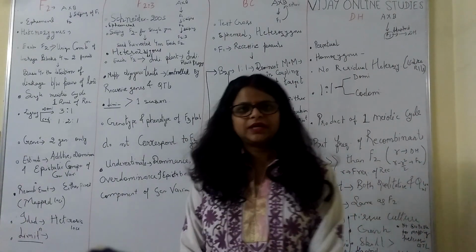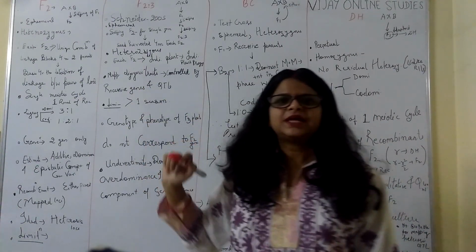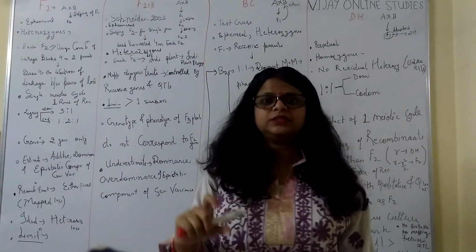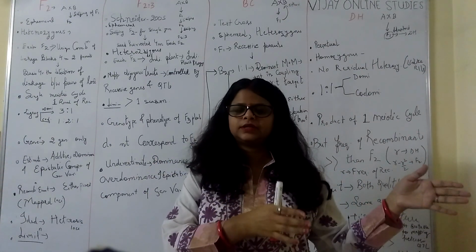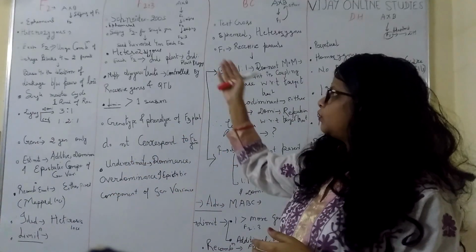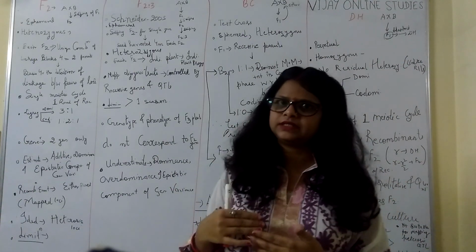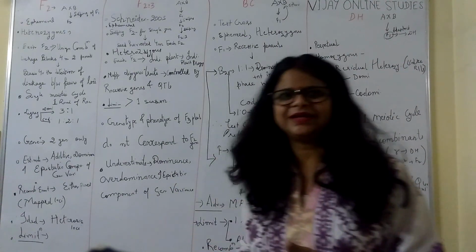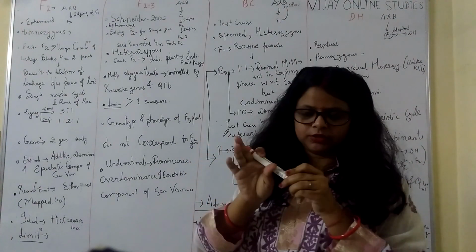Today I will continue again the mapping population lecture. In this lecture I will tell in detail about some of the mapping populations. In the earlier lecture, the point I was telling was from an objective point of view. Here I will tell in depth about some of the mapping populations, their characteristic features, and the advantages and disadvantages associated with them. Okay, let's begin. So we will begin with the F2 mapping population.